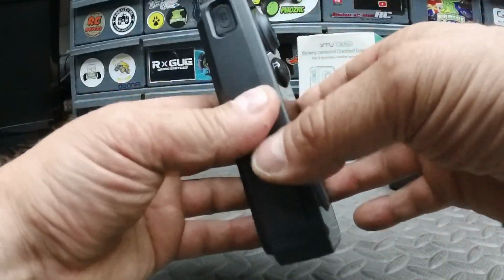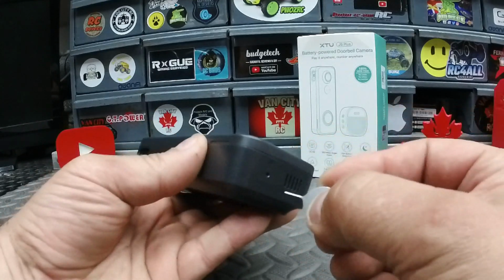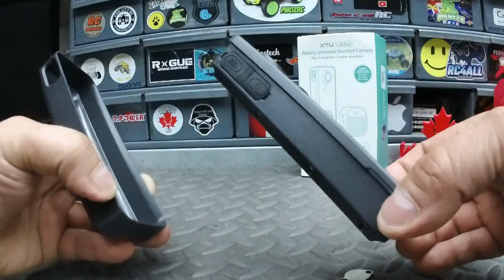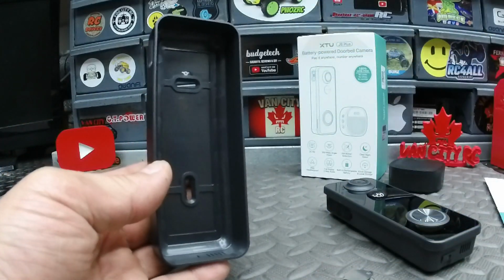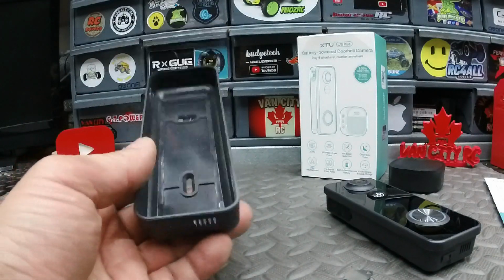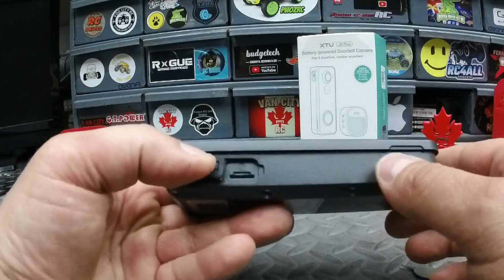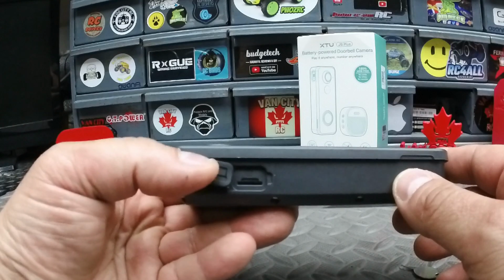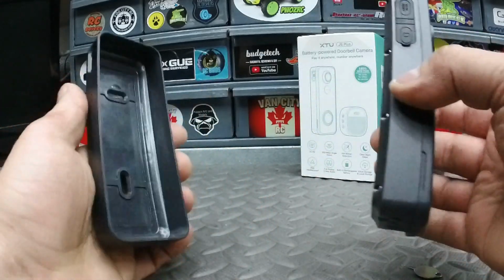It's actually built within the housing of the J9 Plus. You get this little tool included here. There's a little hole in the bottom. Put the tool in the hole, press, and it's going to release the J9 Plus from the mounting bracket. You can see the slotted holes there. You'll use the included mounting hardware to mount the bracket to whatever surface you're mounting it to. And then actually, look, it reveals the micro SD card slot as well there. And this will handle a 32 up to 128 gigabyte micro SD card. And to reattach the J9 Plus,